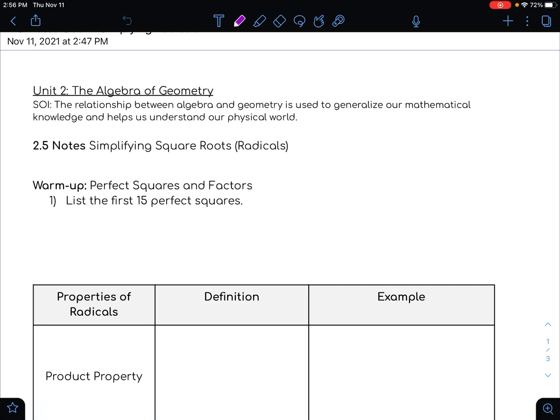All right, so today we're going to be looking at simplifying square roots. We have looked at using the Pythagorean theorem and the distance formula that often results in getting a square root answer, which we then can punch into our calculator and usually get a rounded decimal, unless it's a perfect square, of course. But there are methods for simplifying a square root so that the number underneath the square root gets